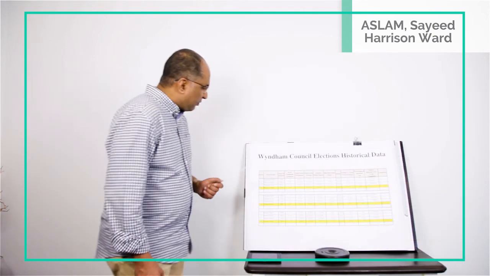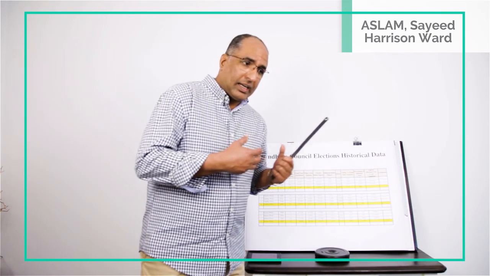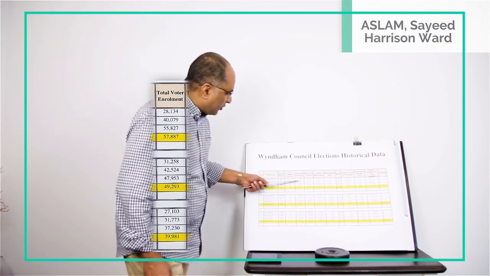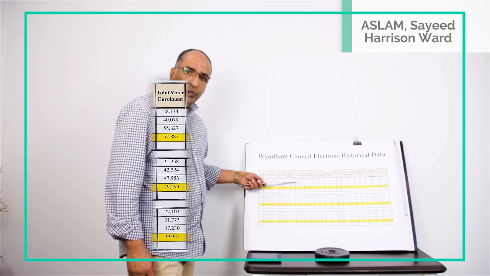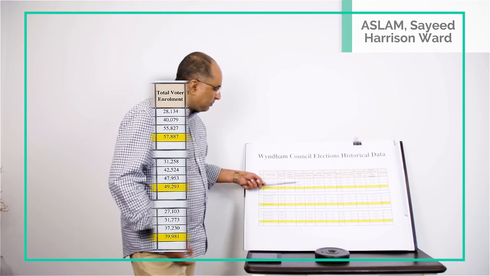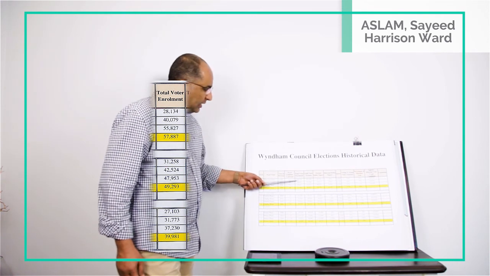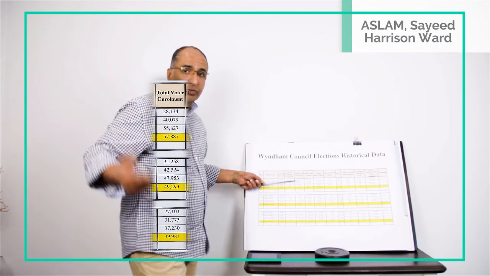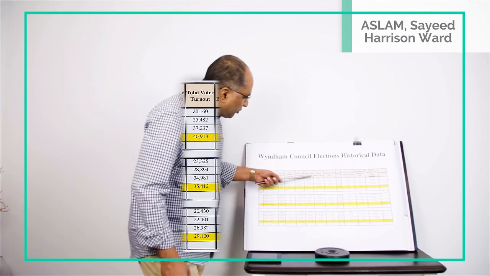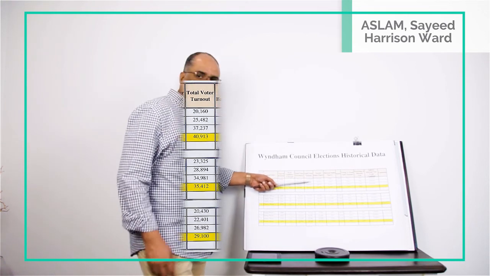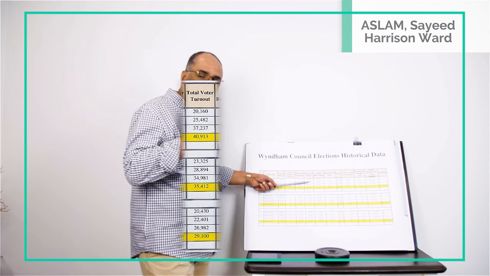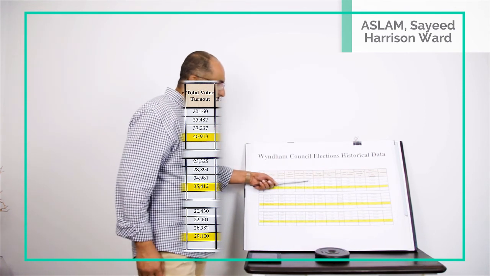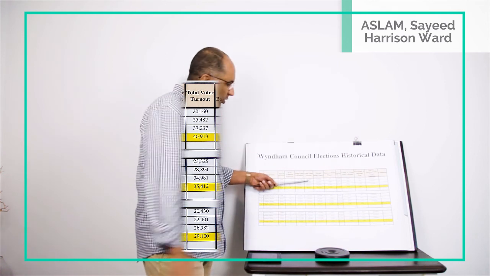Okay. Now, what is the difference between a formal vote and an informal vote? The total voter enrollment is the actual number of voters who have enrolled in that particular election year. So that is the total number of ballot papers that go out from the Victorian Election Commission to all the voters. The total voter turnout is the actual people who fill in and participate in the voting and send their votes. So that is inclusive of both the formal and the informal votes.